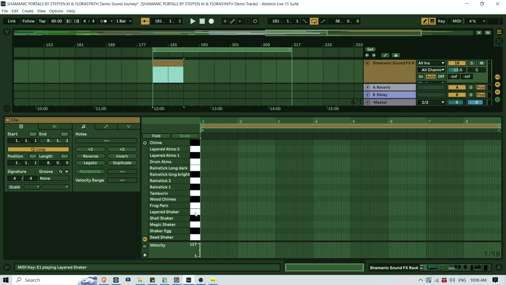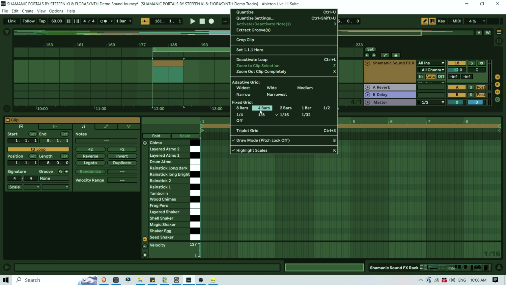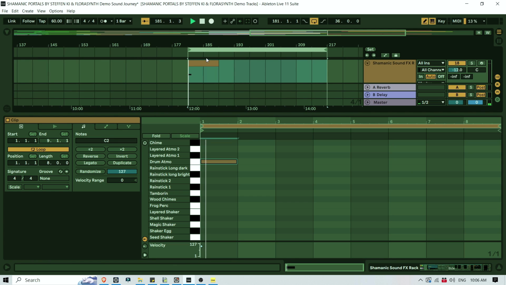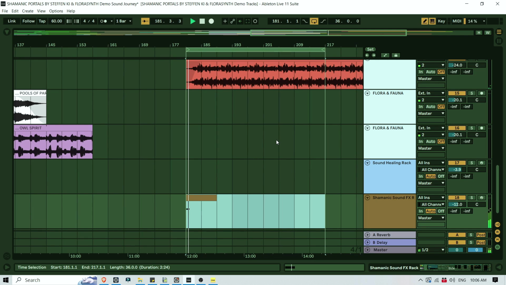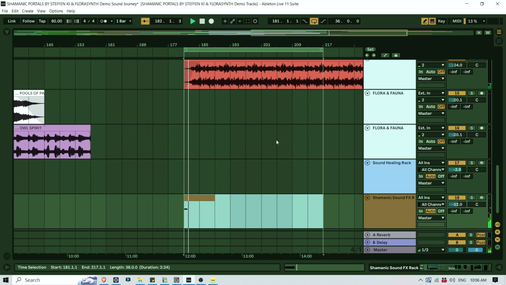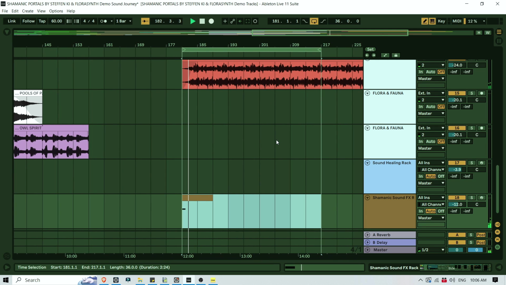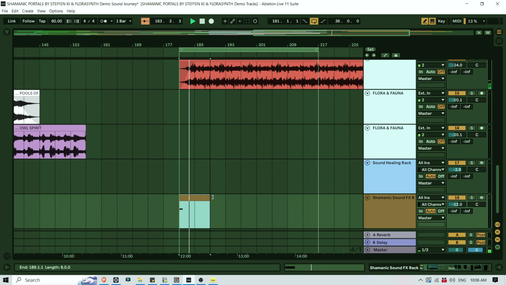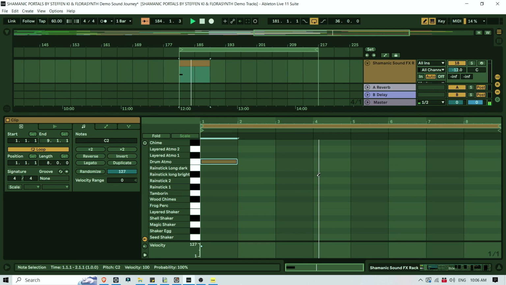And then I select the drum atmo. Maybe I change the grid to 1 bar. Right, and I draw in the drum atmo. And then when it starts, we will actually start with that sound. Right, and that's a nice intro, I find. And then let's add the rain stick maybe here,